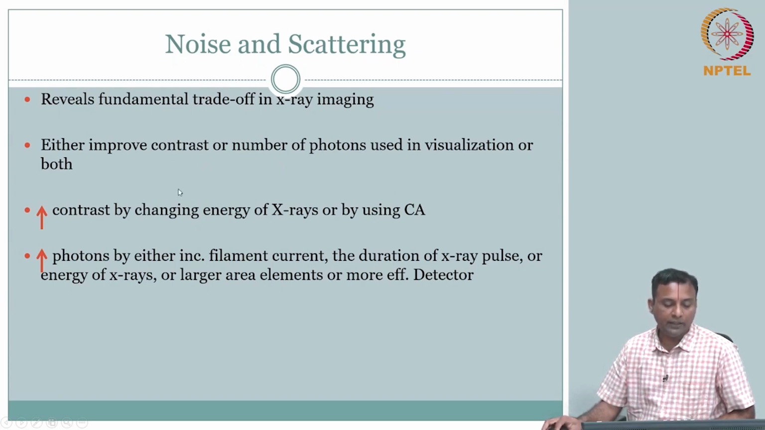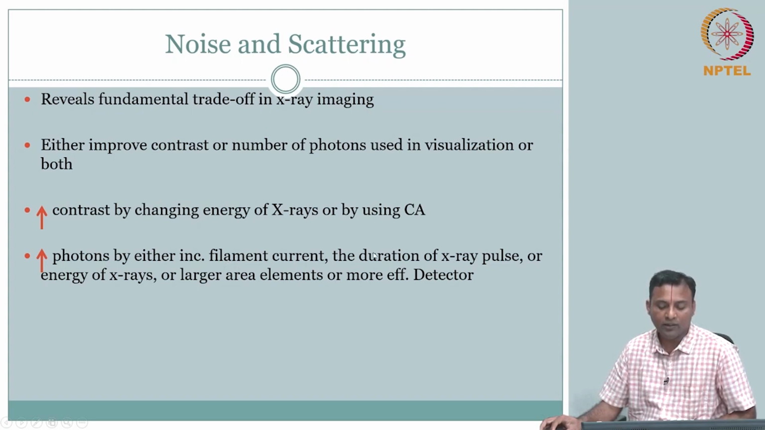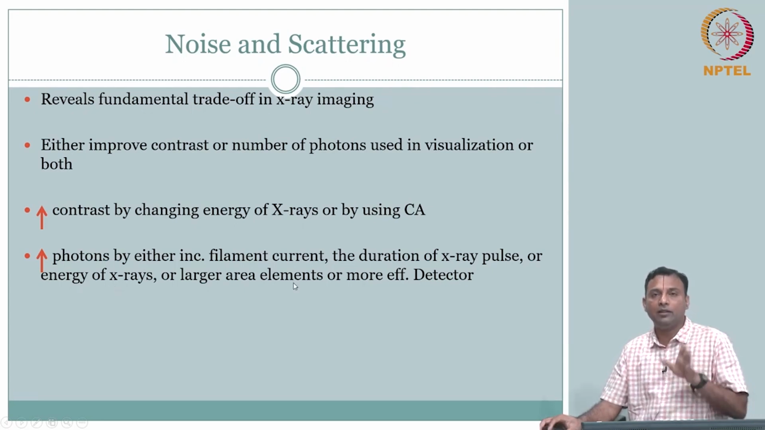So, increasing contrast, like we talked about, depends on the energy level you can change, or using contrast agent, that is one way of doing it. Increasing the photons, again, you can start from the X-ray tube, right. So, filament current, duration of the pulse, energy of the X-ray, or large element. What do we mean by large element? That means